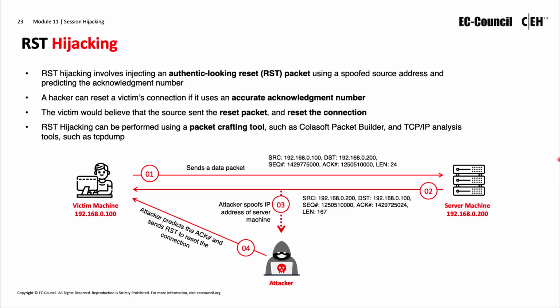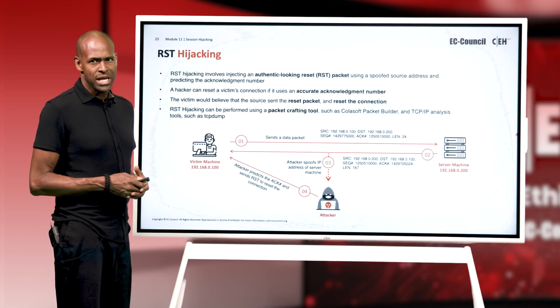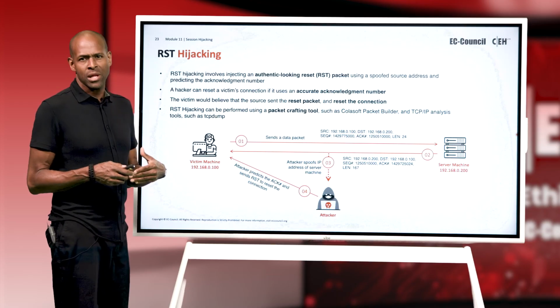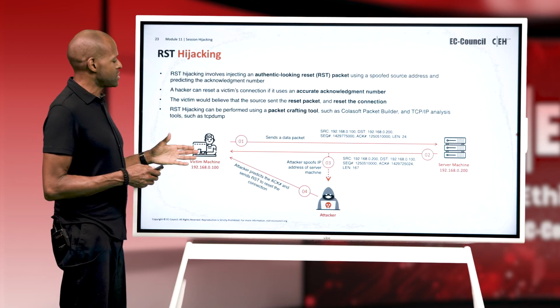The next thing we want to look at is RST hijacking. RST is a flag that we get in that little TCP datagram that after a TCP three-way handshake, anywhere after that, we can reset the connection. And the way we do this is called packet crafting. We use tools like Colasoft Packet Builder in order to send this reset packet. When we send the reset packet, what it does is it cancels that connection. So in this case, what happens